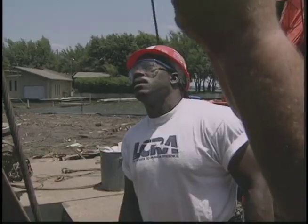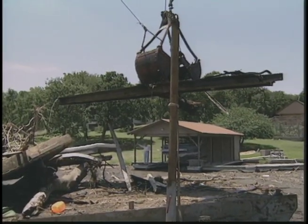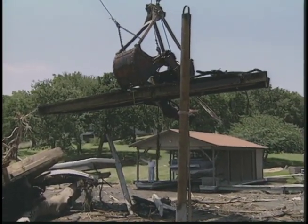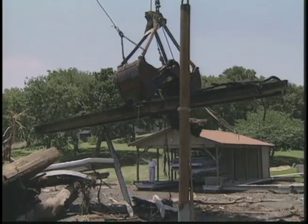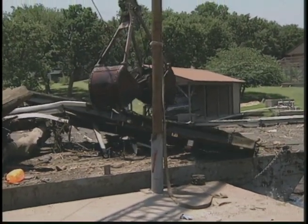LCRA crews are working alongside a contractor to get as much debris out as possible. They hope to be complete before the busy 4th of July weekend. As you can tell by the size of this equipment, we're able to move large articles that people couldn't typically handle on their own or with standard equipment. In fact, Monday we're going to deploy 2 more barges that we own. They're old barges that LCRA owns,